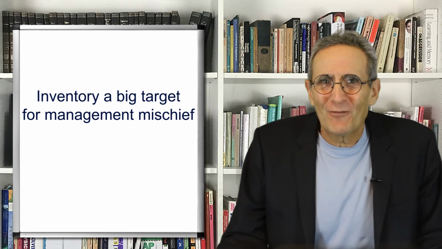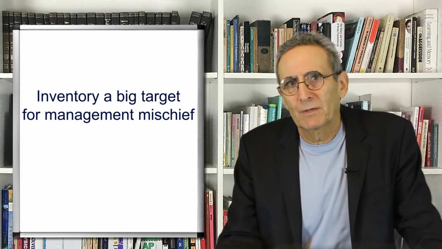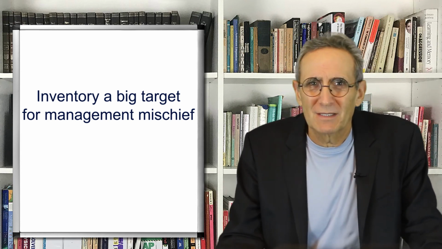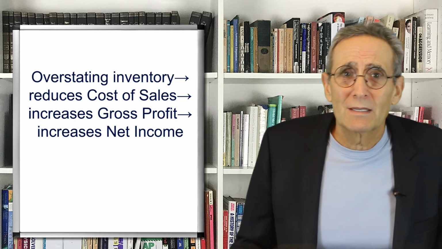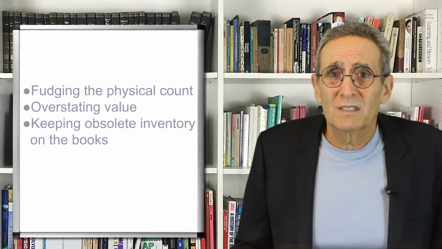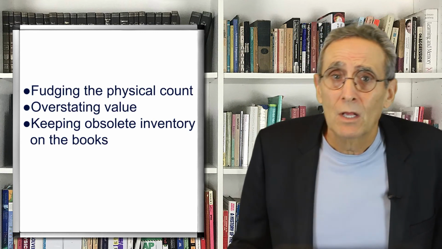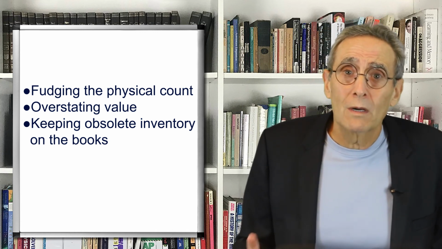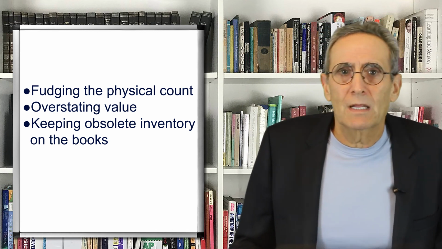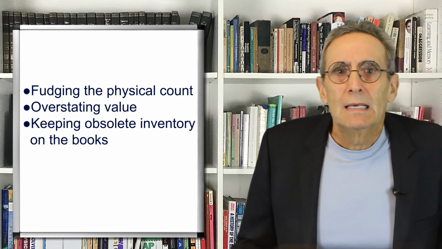Now, inventory offers a big opportunity for management to airbrush their financial statements. If they want gross profits and hence operating profits to appear higher, the value of ending inventory simply needs to be overstated. And there are many ways this can be done. The ending inventory value can be fudged upward by overstating the amount of inventory on hand. Unit costs assigned to ending inventory can be inflated as well. Or obsolete or damaged inventory can be included in the ending inventory count.